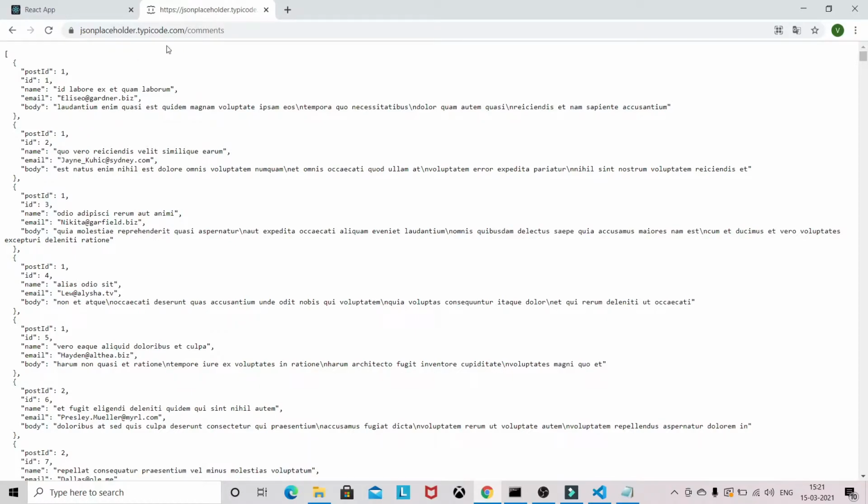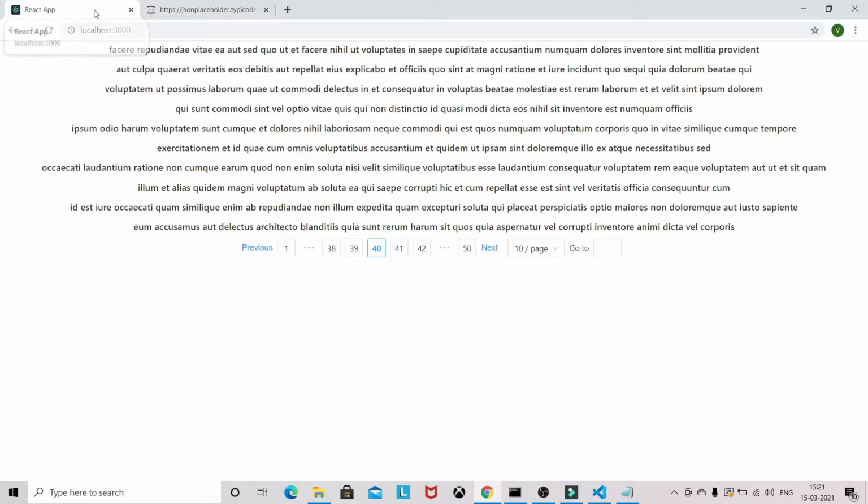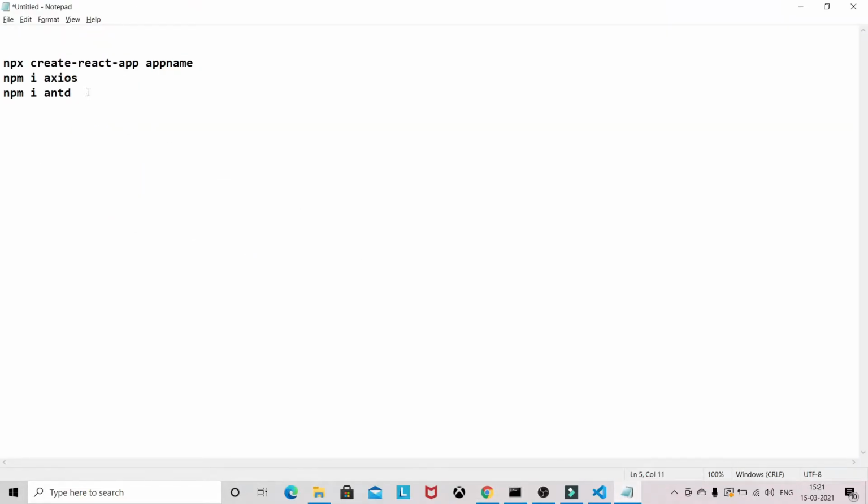To demonstrate the pagination, you need to create a new React application using npx create-react-app and the app name. If you haven't installed create-react-app, you can install it globally with npm install.